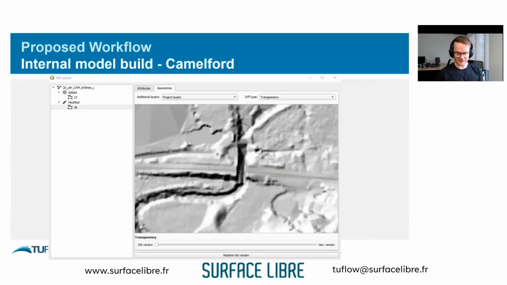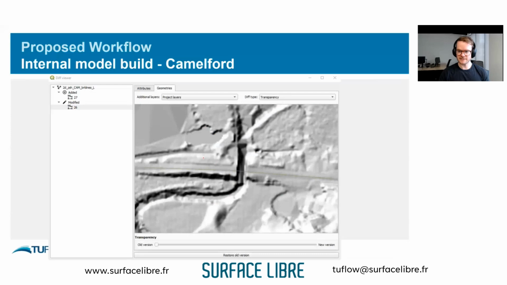So the Kart plugin actually has a nifty little way of viewing what you've done. It's a simple two-click process of right-clicking and then choosing, show me the changes. And it'll show me, so I essentially split this line. So this is why there's one line being added and one line being modified, it says. Because I split one line into two lines, that's why it shows one added, one modified.